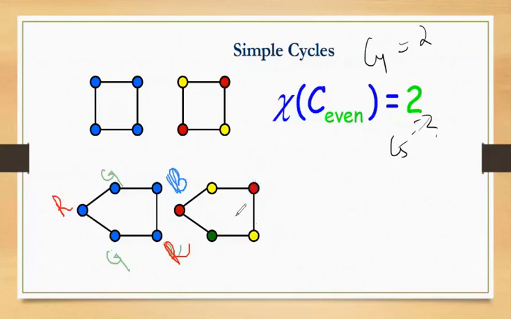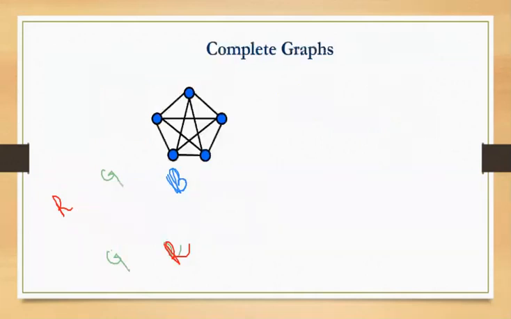It is your wish how you want to assign, but you have to assign it in such a way that the minimum number of colors are used. You can assign 5 different colors, but the chromatic number will not be 5. The chromatic number will be the minimum number of colors. So if your cycle has an odd number of vertices, then your chromatic number is 3. Now similarly,